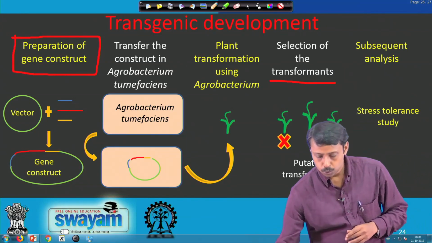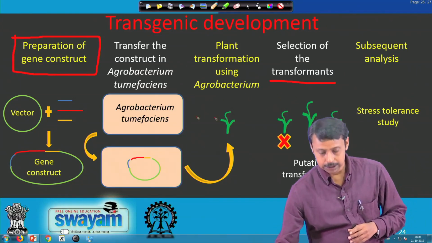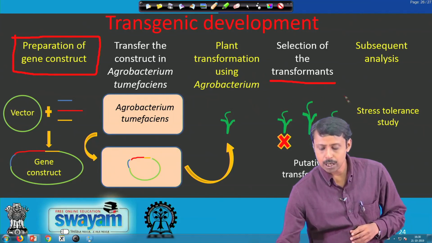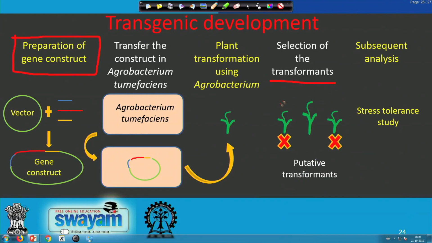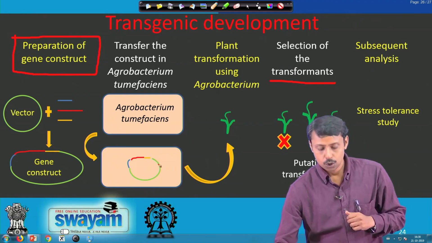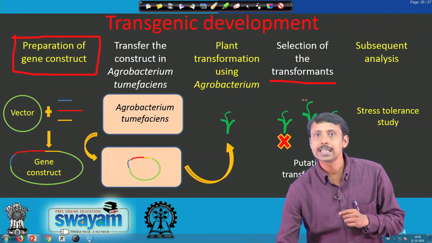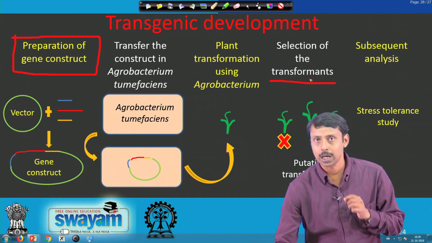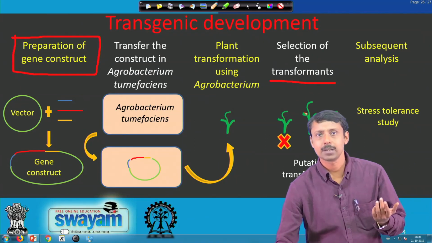Okay. So, after transformation, we may see a number of seedlings coming from the rice calli, or a number of seedlings coming from the tobacco leaf disc, but among them all of the seedlings may not have our target gene. So, if the Agrobacterium T-DNA contains the selectable marker gene specific to a plant, which is the kanamycin resistant gene or hygromycin resistant gene,